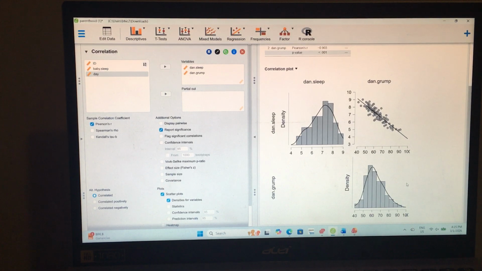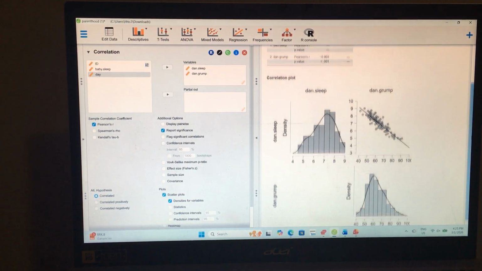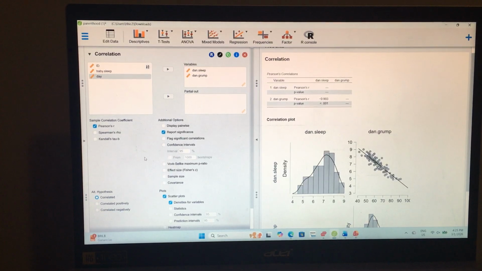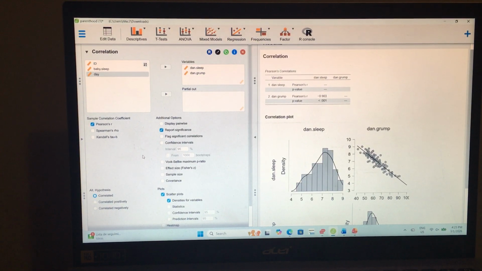So we can assign a numerical value to the strength of this relationship of our scatter plot, and this is where Pearson's r comes in. Pearson's r, the correlation coefficient, is also known as the Pearson correlation coefficient, and it is the most commonly used measure of correlation